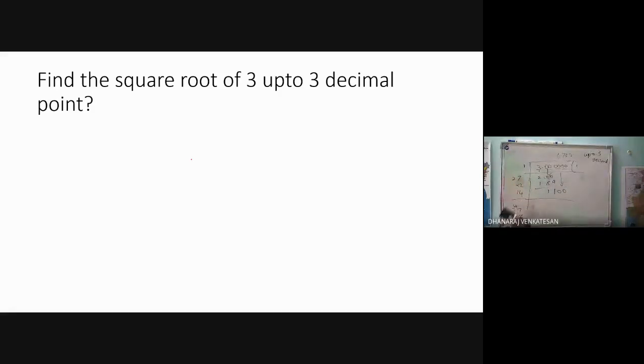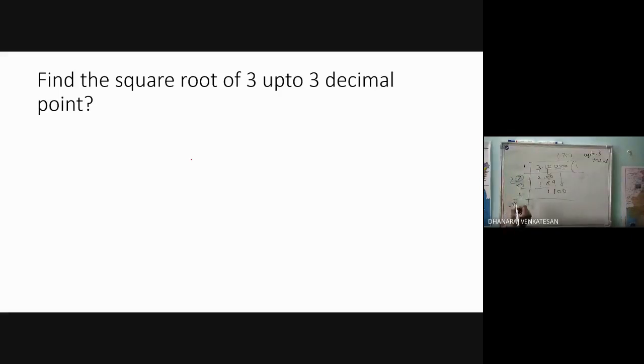How will you write it here? Here you will have a doubt. In this case, you have to write 2 plus 1, 4. It will be 34. If you get an extra number while multiplying, you have to add this number with this 2. If there is 3, you have to add this 3 with 2. Like that you have to add. Now you will put 34 in the divisor.